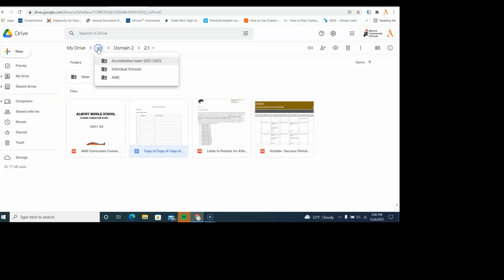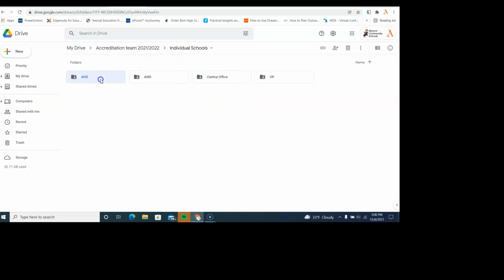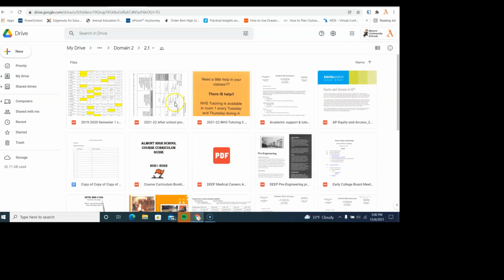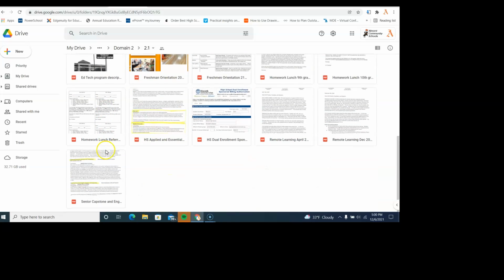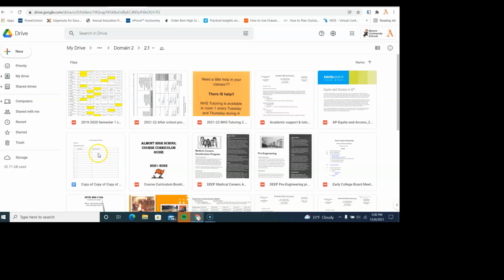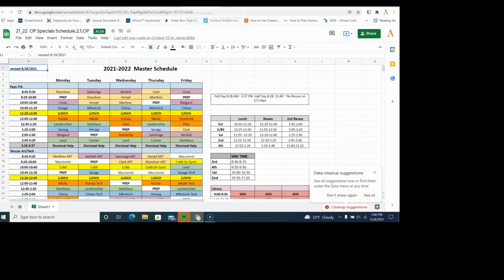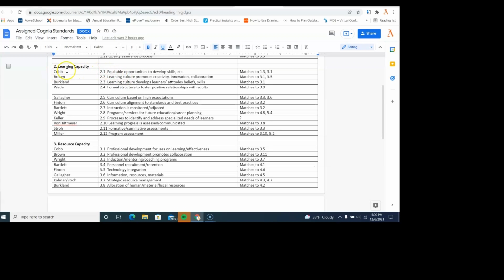And then same thing, go over to high school, look at the one that you're assigned. Here's 2-1. You should see a copy here of your document that you're going to fill in, and there's a ton of stuff in here. So same thing, just fill that all out for yours. And so your assigned items, let me close out some of these tabs up here so we're not going crazy. You're assigned just one here for 2-1, and then just one here for 3-1. So you'll do the same thing 3 times over here,